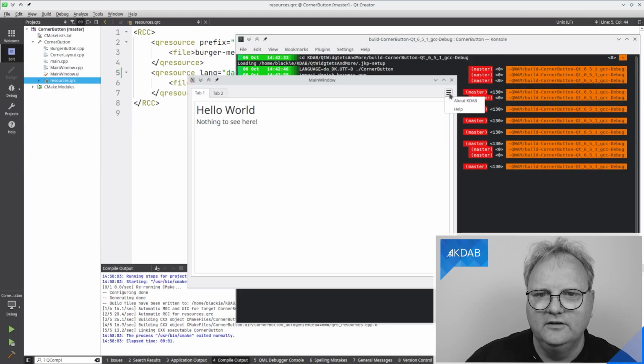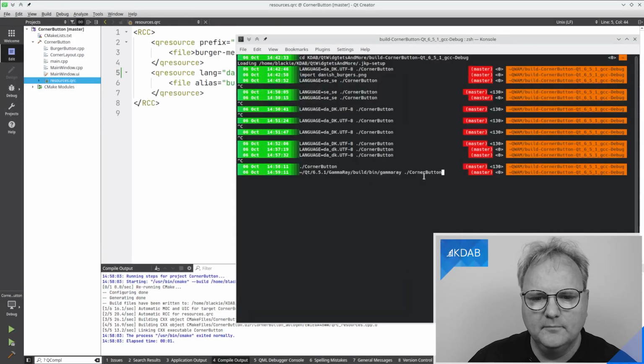Here is the none. Have I told you about Gamma Ray? I must have in this series. Otherwise, go to KDAB Widgets and more, and well, I'll add a link to Gamma Ray. It's a tool for introspecting your application. It can do a lot of interesting stuff. And one of the things that it can do is that it can look at the resources compiled into your binary. So let's see what that looks like.